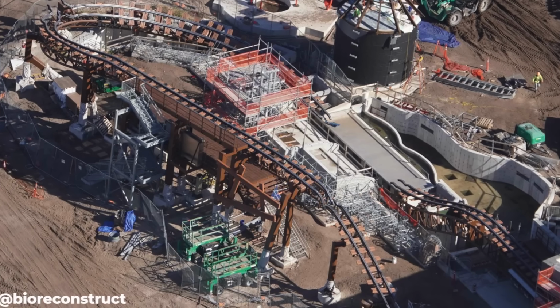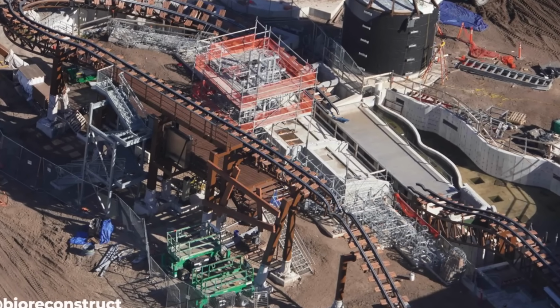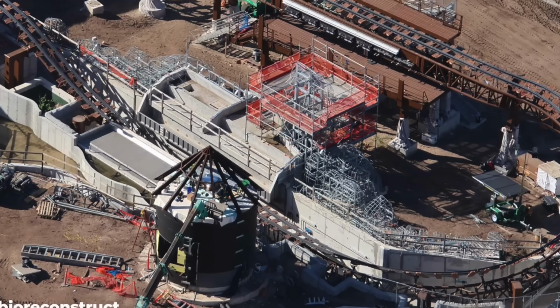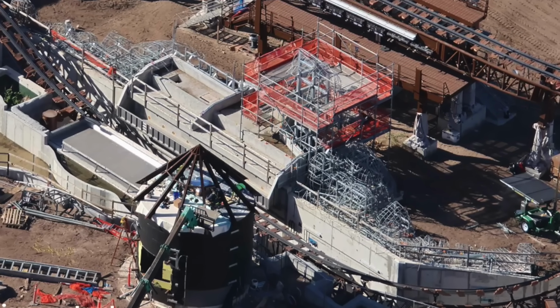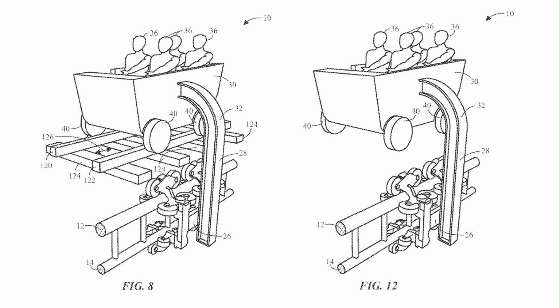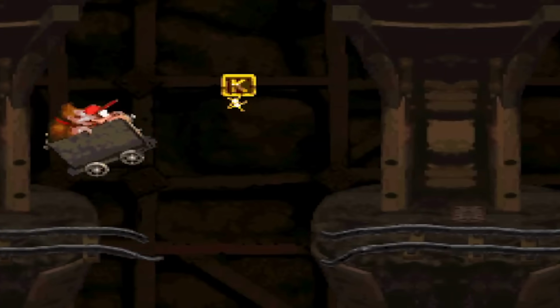There is some new scaffolding along with framing and wire formed for the likely splashdown area of the coaster, and we can also get another good view of how the Mach 2 rail track system will work on this ride. And like we've mentioned before, this unique roller coaster actually utilizes a side track, and it will simulate jumping over gaps in the upper track, just like you did in the Donkey Kong Country video game, where this ride gets